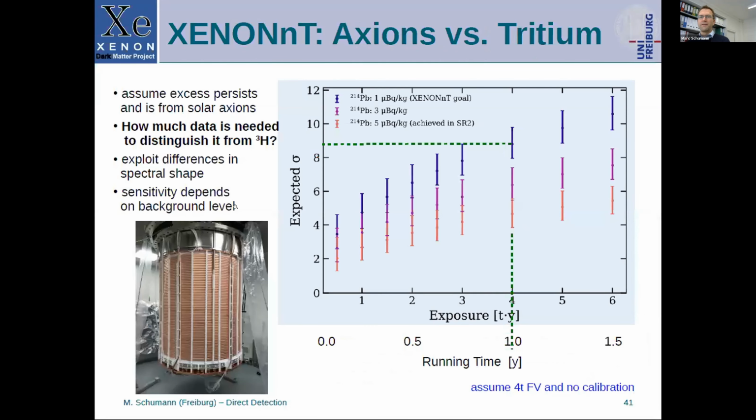So what do we do about that? Well, we are building a new detector, XENON1T. There will be a talk on that later in the session. And what is shown here is basically the question: assume that this excess would be from tritium, how much data is needed to distinguish it from solar axions? Well, the difference is the spectral shape. And obviously, it depends on the background level that we will achieve in that detector, but basically in 1 year running time,